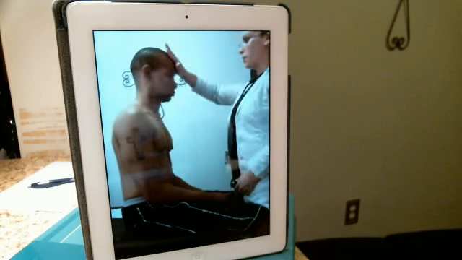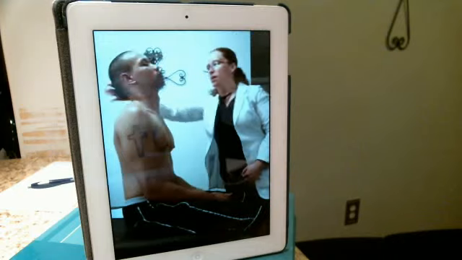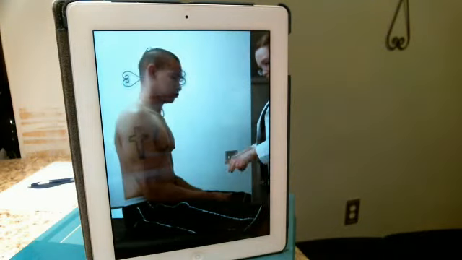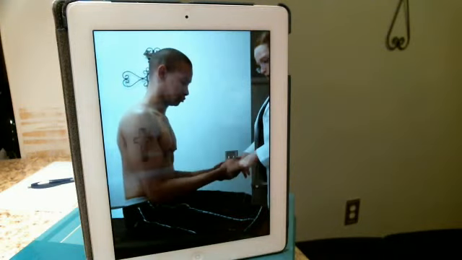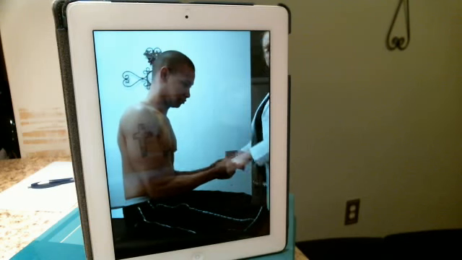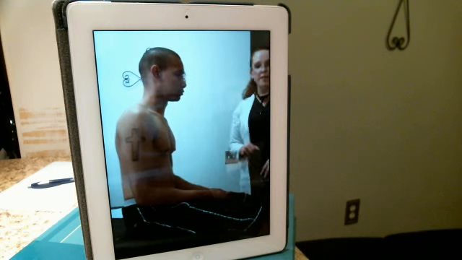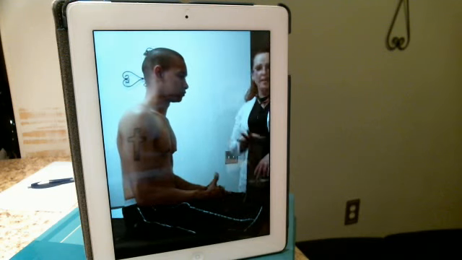And lean forward for me. Perfect. And extend your head. And perfect. And go ahead and squeeze my hands as hard as you can. Squeeze my fingers. Squeeze. Perfect. And also noting the symmetry in hand grips, the strength of his hand grips, and seeing if there's anything going on